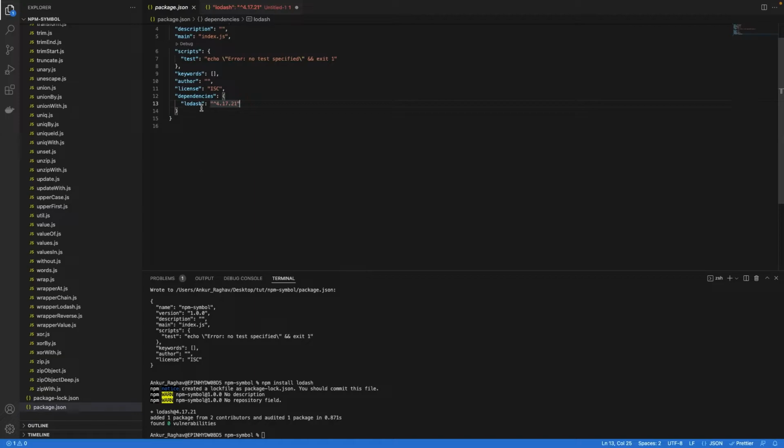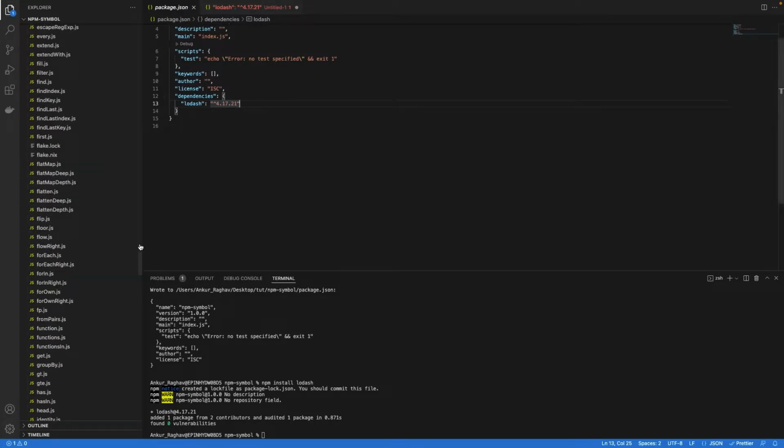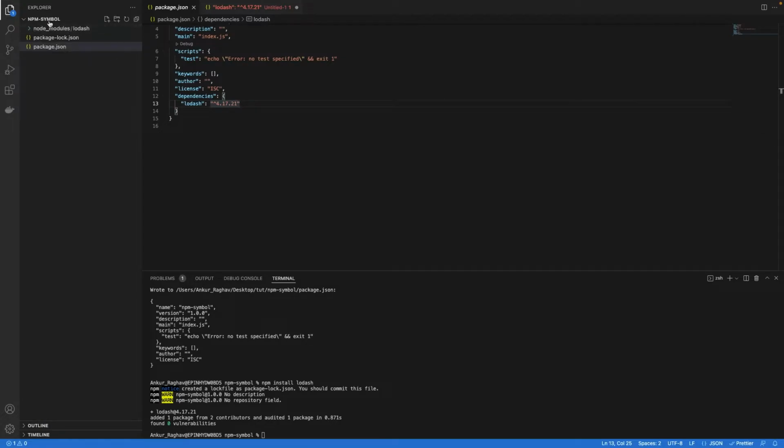So we will commit the package.json, and we don't commit the node_modules, right? Because the size of node_modules is very big, so we don't commit that. So we commit the package.json file. So package-lock.json was introduced after npm version 5, right? Before that there was no package-lock.json,